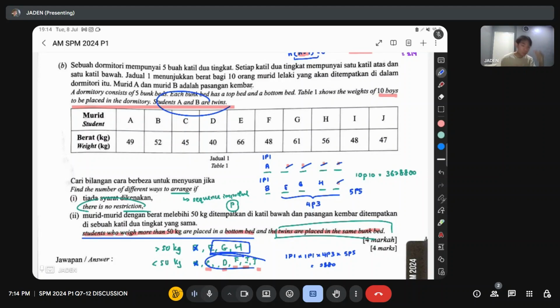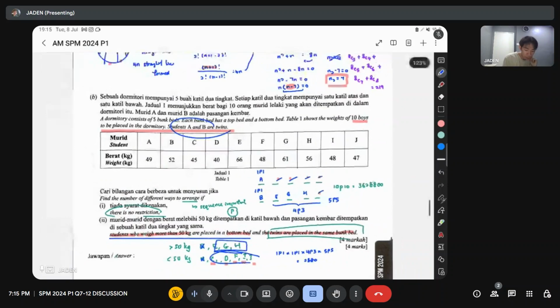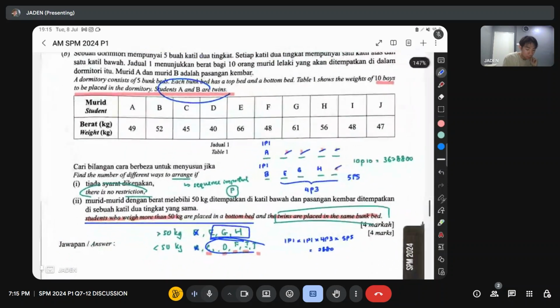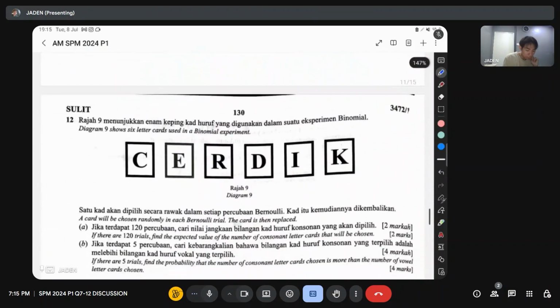Okay, so every time it comes to permutation and combination, I really do recommend students to draw it up, and that will actually help you to solve it. So that is question 11b, and right now I think we will move on to question 12, which is